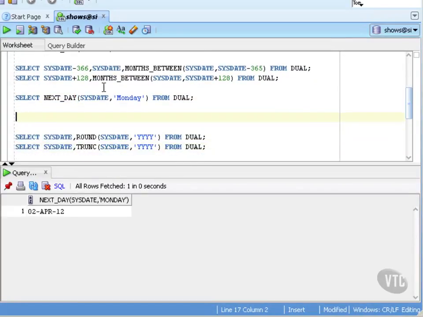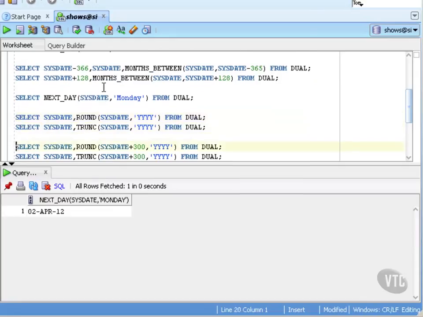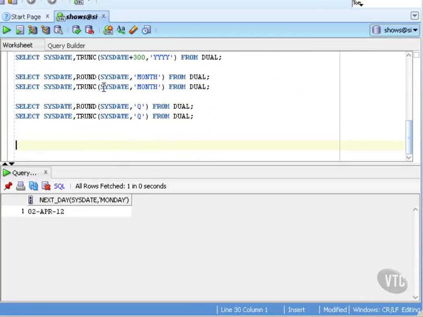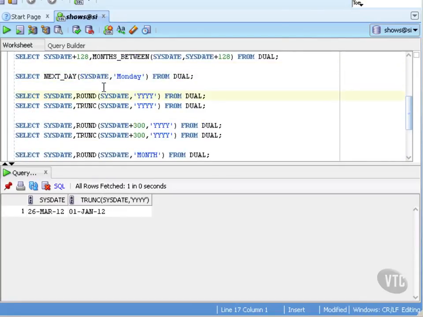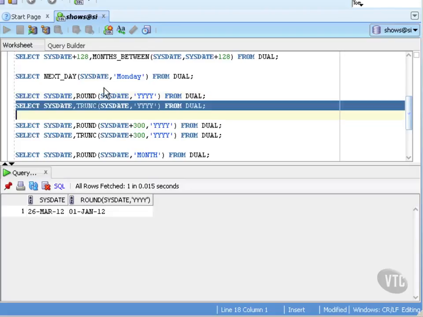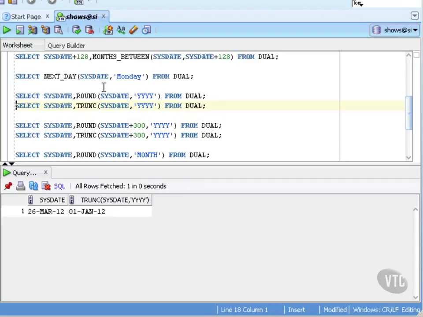And there are some more examples in here. And we're rounding and truncating dates. So, round the system date to the nearest year. Because it's not past the middle of the year, it goes down to 2012, which actually gives me exactly the same result as truncate. If I add, say, 120 days,